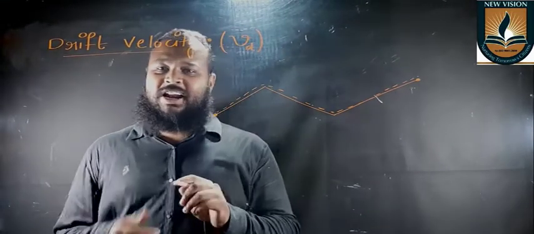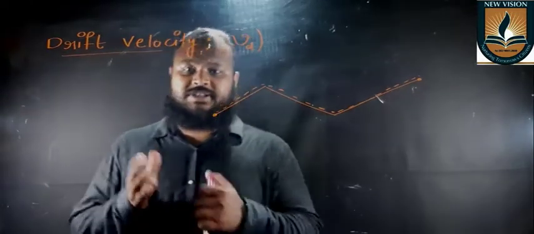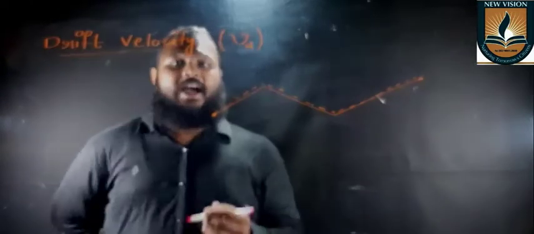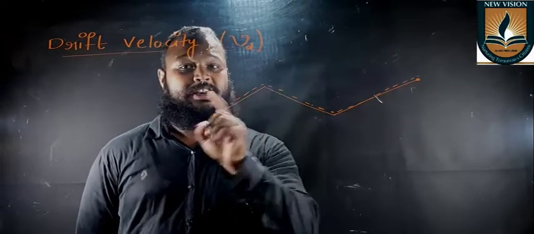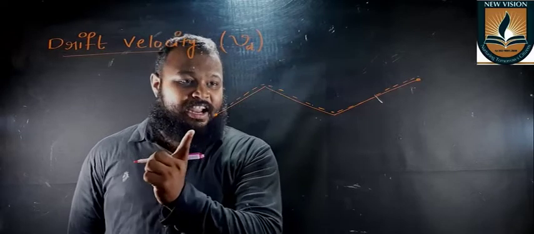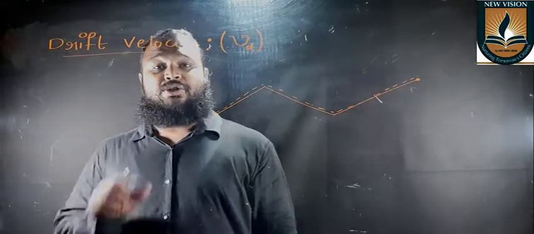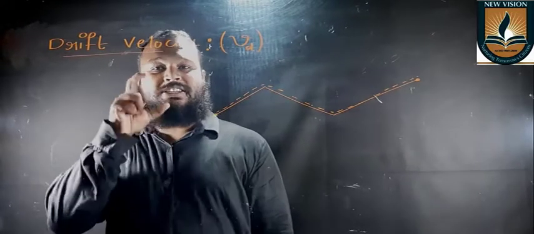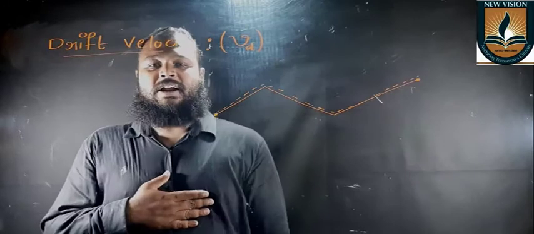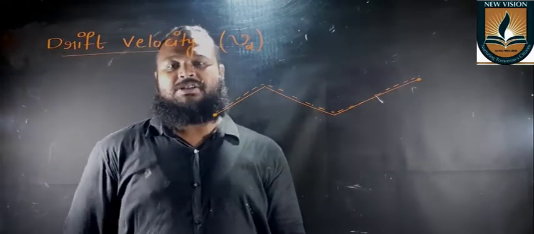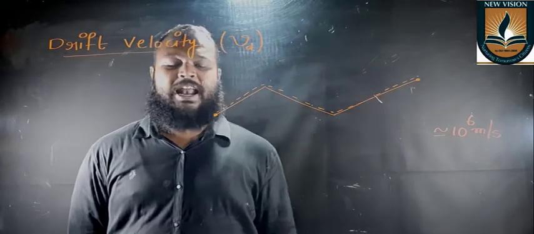Now see, when an electric field is applied on an electron, the force acts on the electron which tries to pull it to the other end, and as a result of that, the electron gets drifted. It is not moving in a straight line. It gets drifted and finally reaches the other end. So the velocity or the speed with which an electron gets drifted in a conductor is called drift velocity or drift speed. This is the path of the electron.